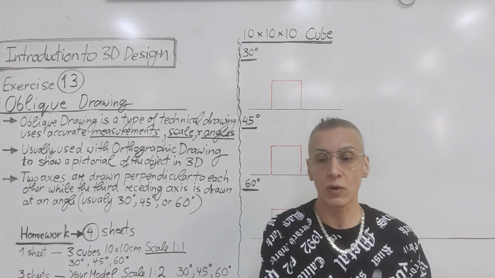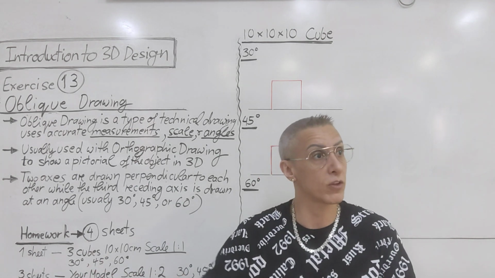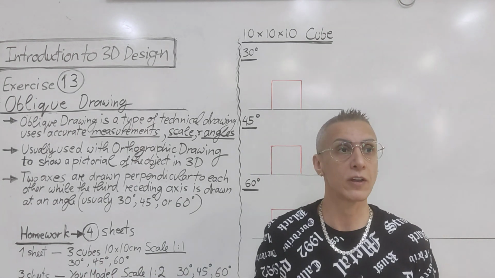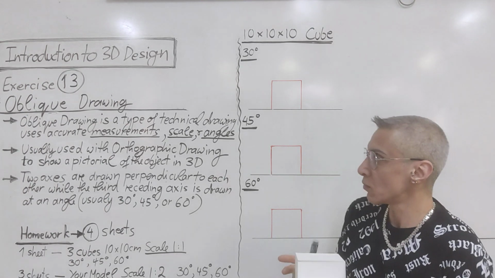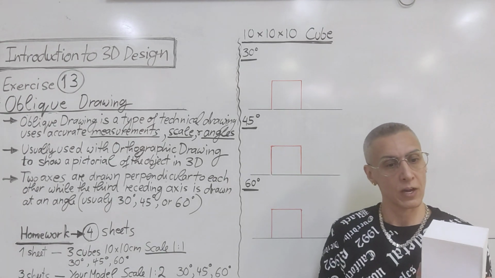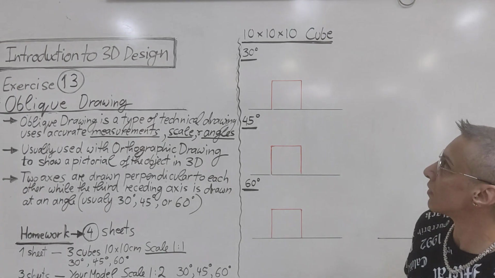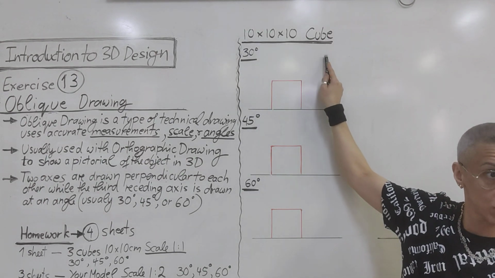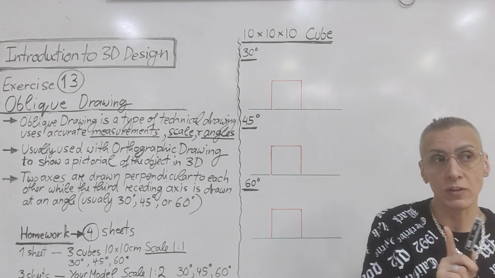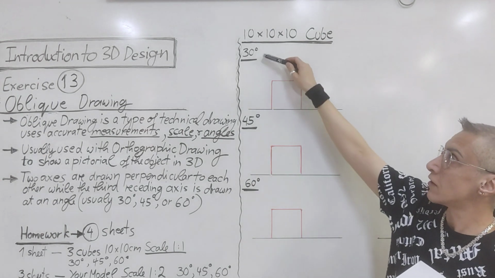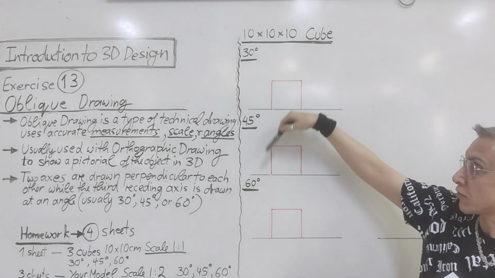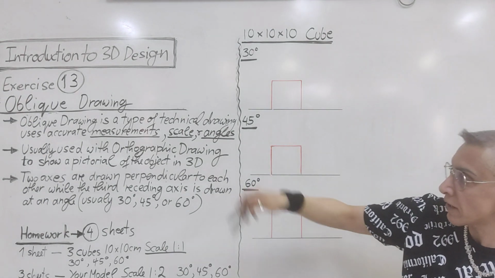In the future, whatever the teacher selects, draw this, draw that, you have to know what it is, okay? So, to start off with, we will use a 10 by 10 by 10 cube, and we will draw it in oblique view, the 30-degree oblique view, the 45 and the 60,